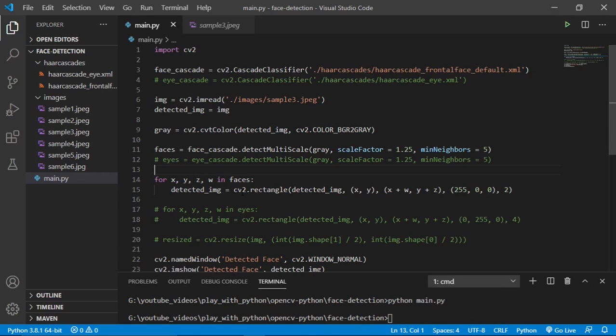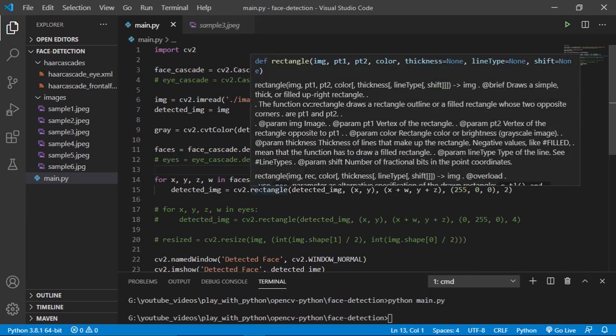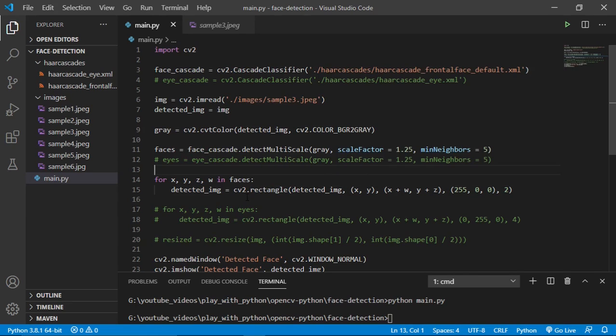And now we are just drawing a rectangle. I have not made another video on how to draw a rectangle on an image or how to write a text. So on the way, if I need to do such things, I will talk about them briefly. There is nothing much to talk about. All these things are very easy. As we have to draw a rectangle, I will talk about it right now.